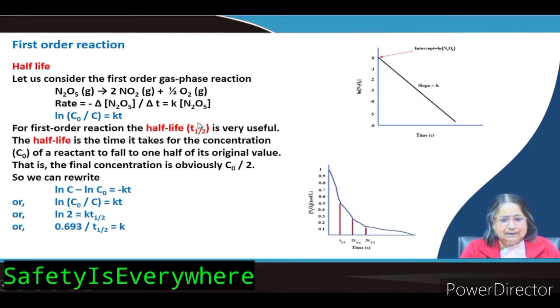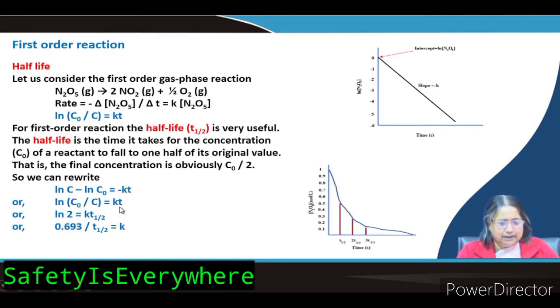Half life is always expressed in terms of T half. So, what is half life? Say for example, the original concentration is C. Then the time that will be taken for that reactant, or for a radioactive element, whatever it may be, to come to its half concentration, means if you start with C, then how much time it will take to come to C by 2, that time period is known as half life.